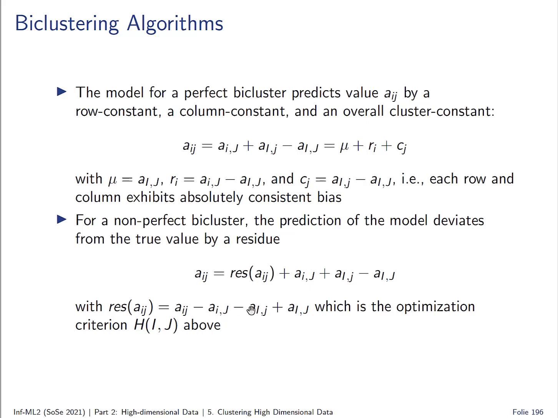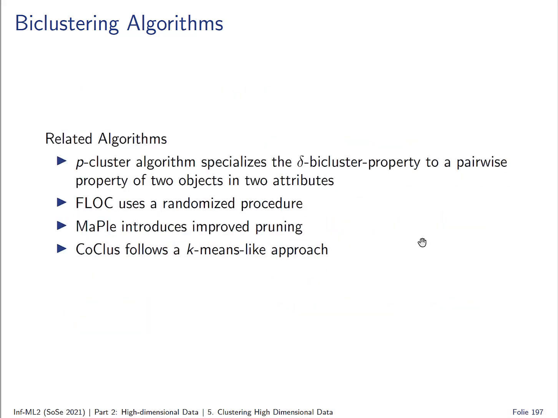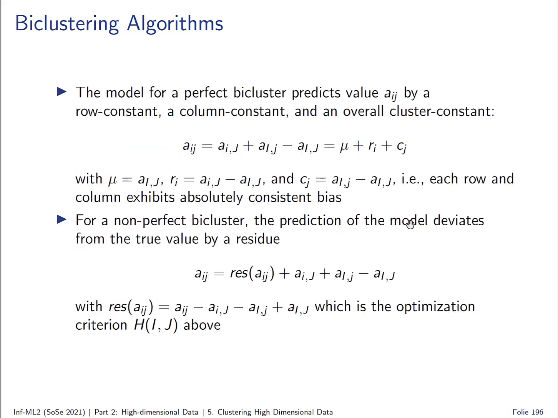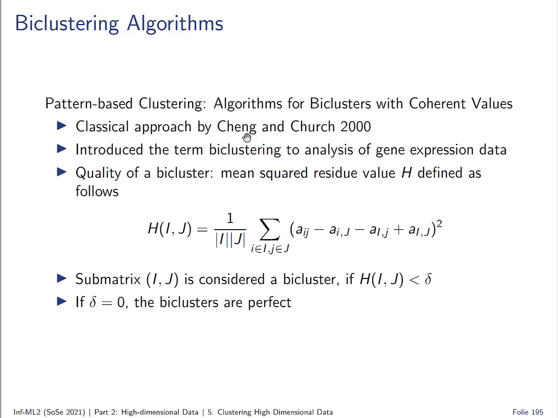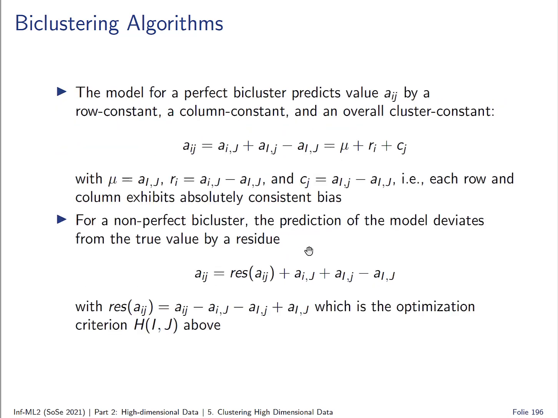So those three values here are actually part of the cluster model, because the mean, or the constant base value so to say, and the row adaptation and the column adaptation depend on those three different things here, obviously. So that is basically a good optimization function here. And then Cheng and Church try to optimize that